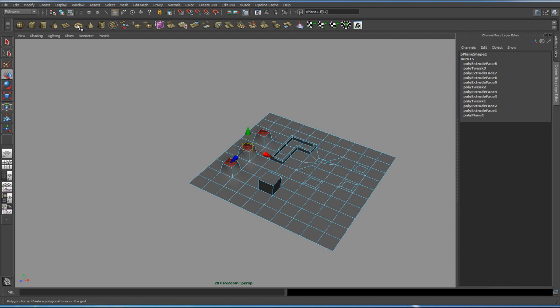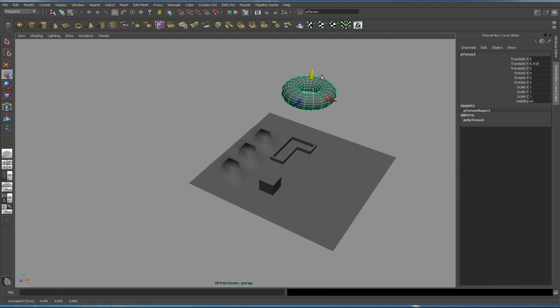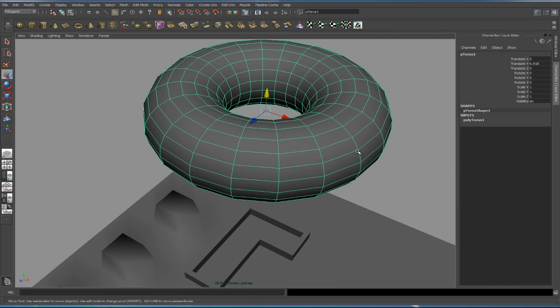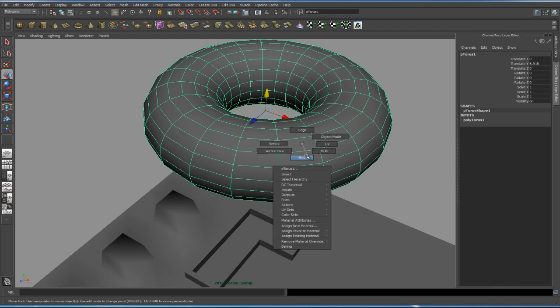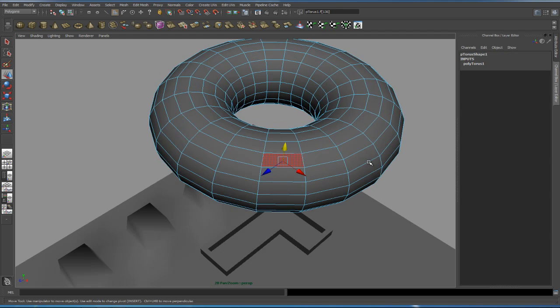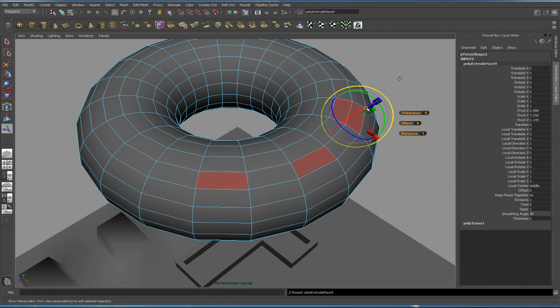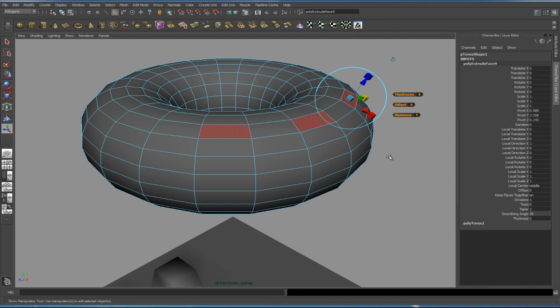But what if it wasn't a flat plane? Let's say it was a torus, and I wanted each polygon to move relative to its normal. Well, that's where the transform component tool comes in handy. So again, let's say I have a separated selection here, and I extrude it, and let's say I offset it,